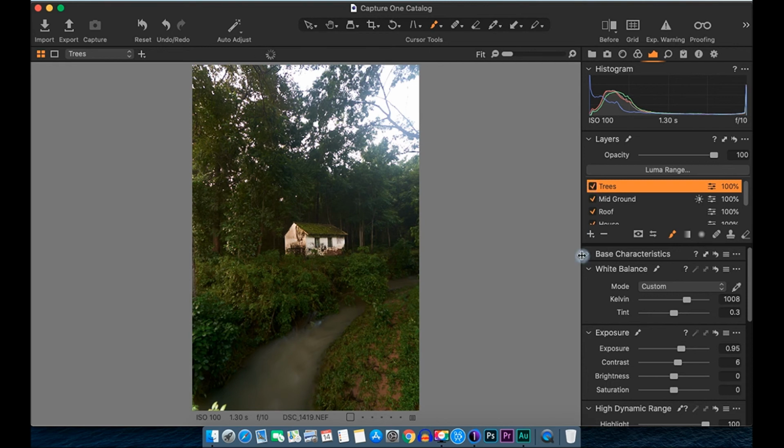Now let's take one more empty adjustment layer, and we're going to fix this haze here.